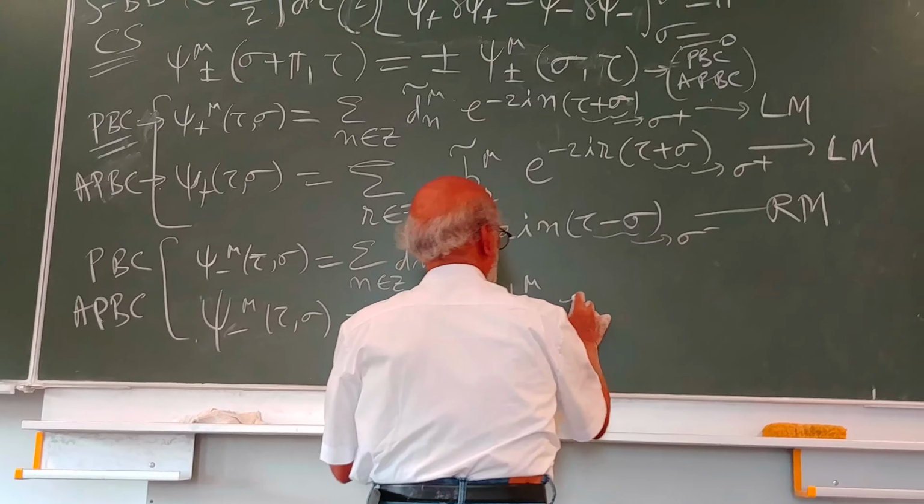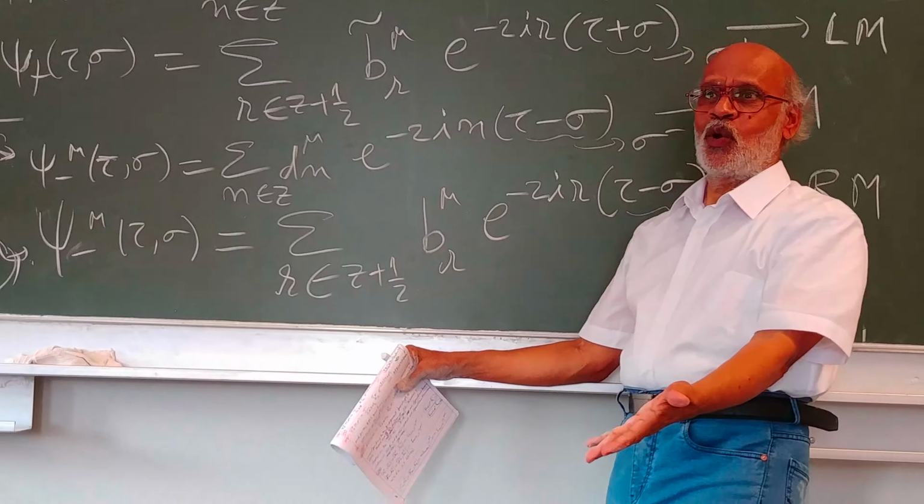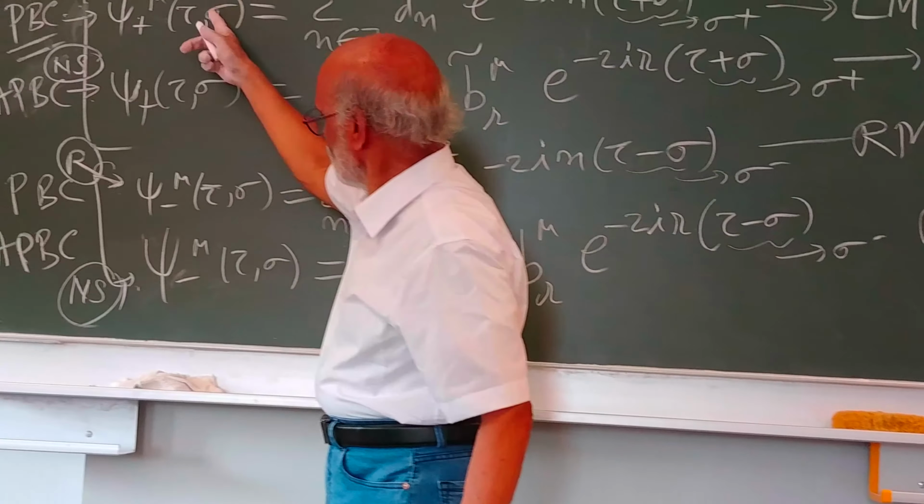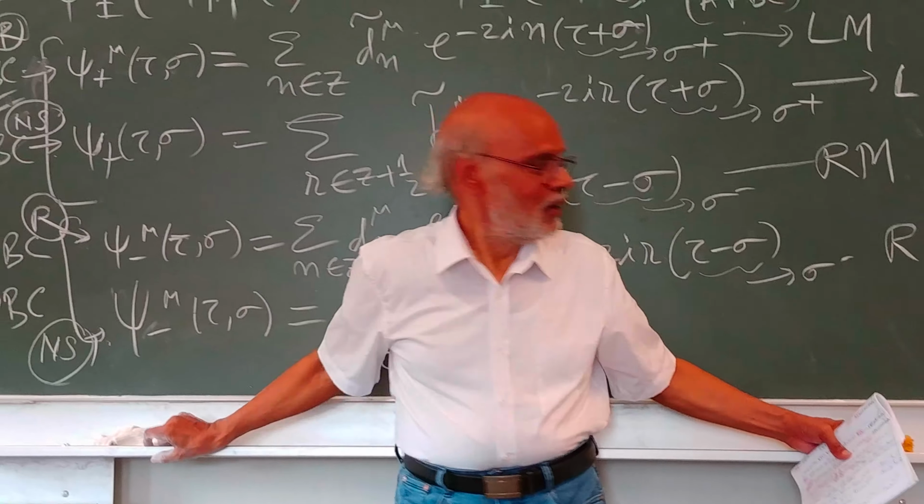Now, with these choices, what is possible? Our boundary terms remain the same, and we have to make them vanish. That is our aim. So you can have four different combinations: this with this, or this with this, or this with this, and this with this. So R with R, R with NS, NS with NS, NS with R. So if you take this kind of pairing, so you